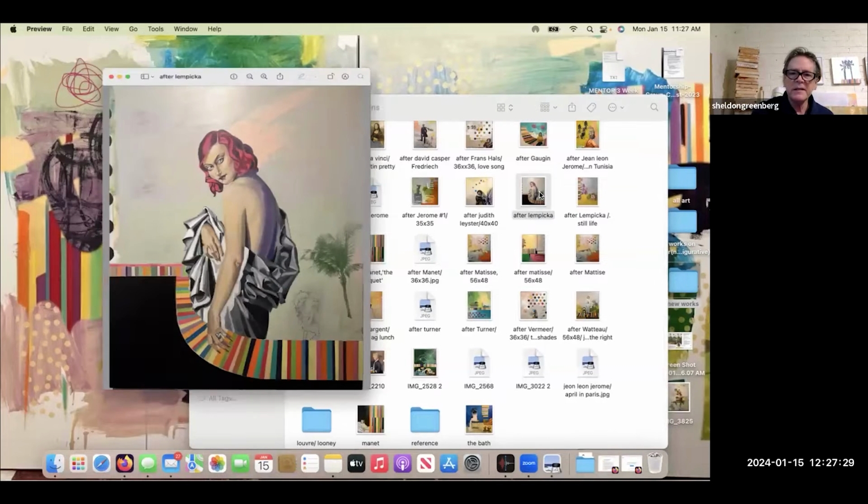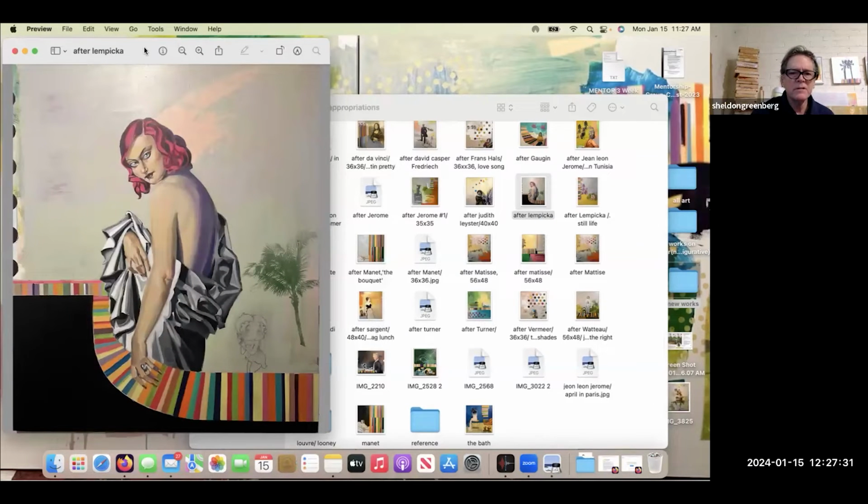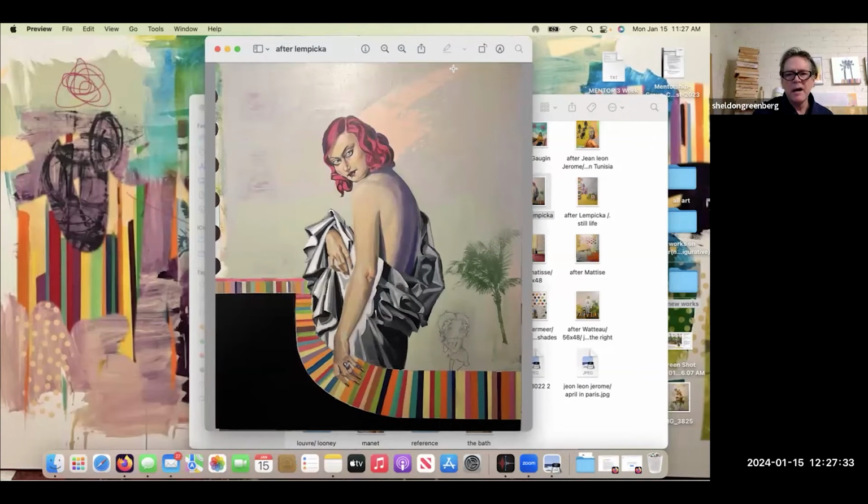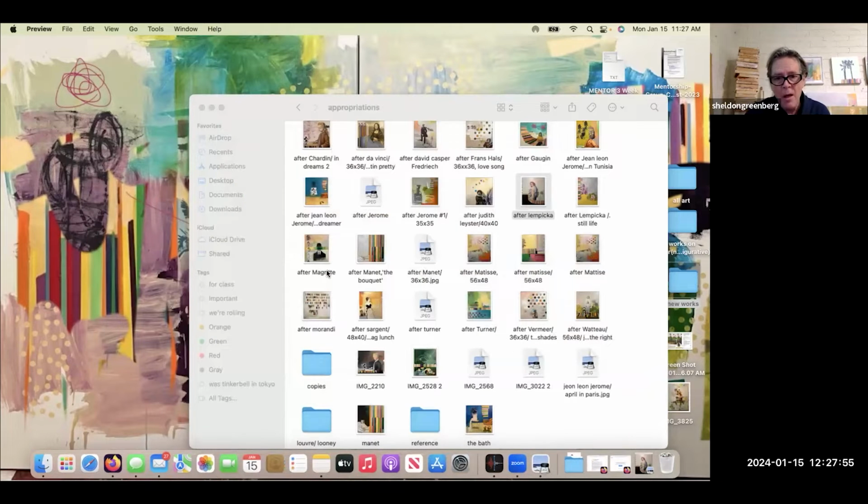What else? Olympica painting. I always loved her Art Deco style. And so I combined her with, again, this is a screen print. Everything else is my painting. Changed her face. The girl that was actually in the painting, I didn't like her face color, so I made a different head for her. And put a little drawing of Betty Boop down there. Again, these are all the same size, big.